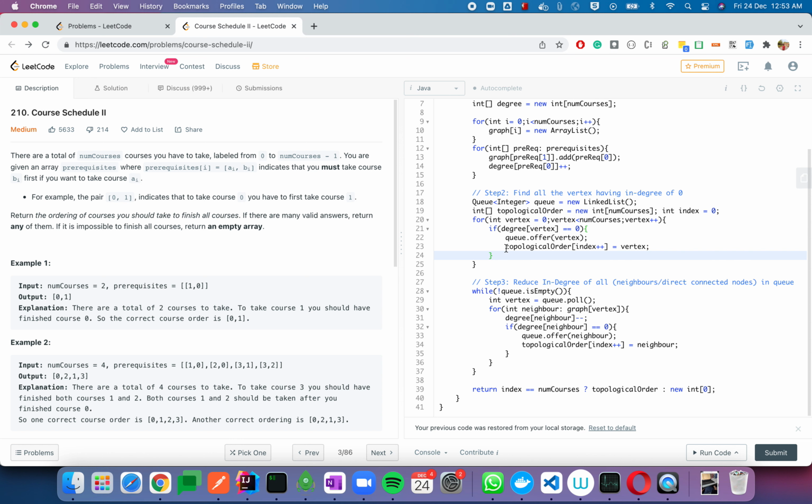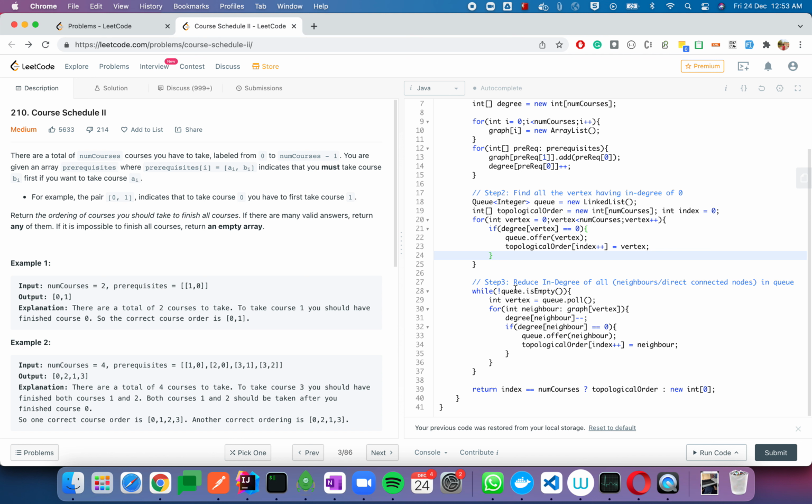If you have to print the topological order, then you can maintain another array which will contain the answer. So you simply push that vertex into the topological order array, right? And now you will process each and every element in the queue.